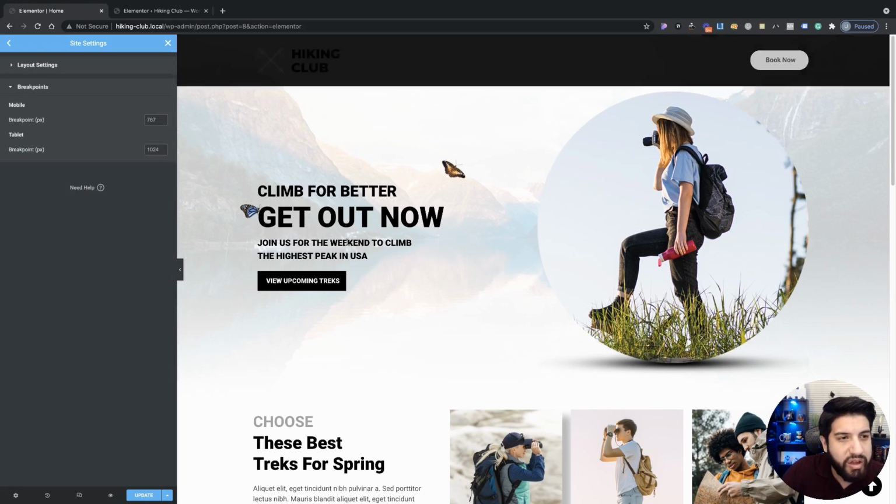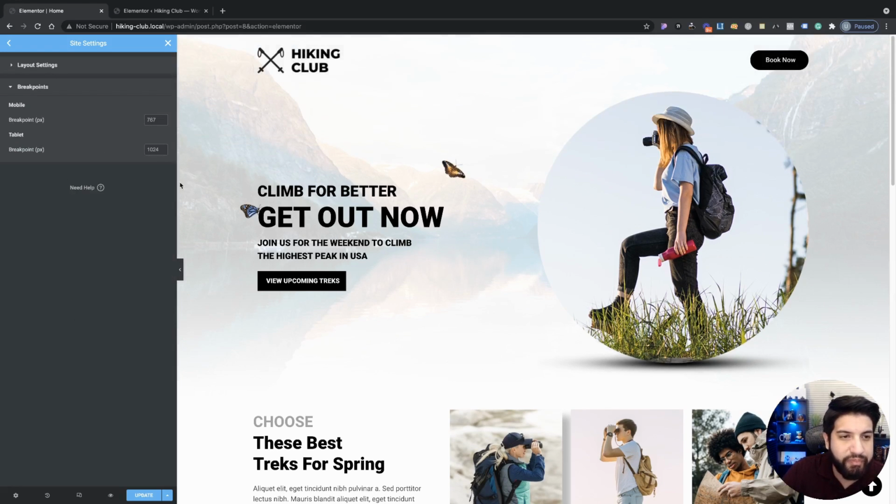Okay, so then we have our breakpoints here. Now these are super important. This can definitely be overlooked sometimes as well. You want to go over your breakpoints, and this is pretty important when you're having issues with your website. Let's just say at a certain